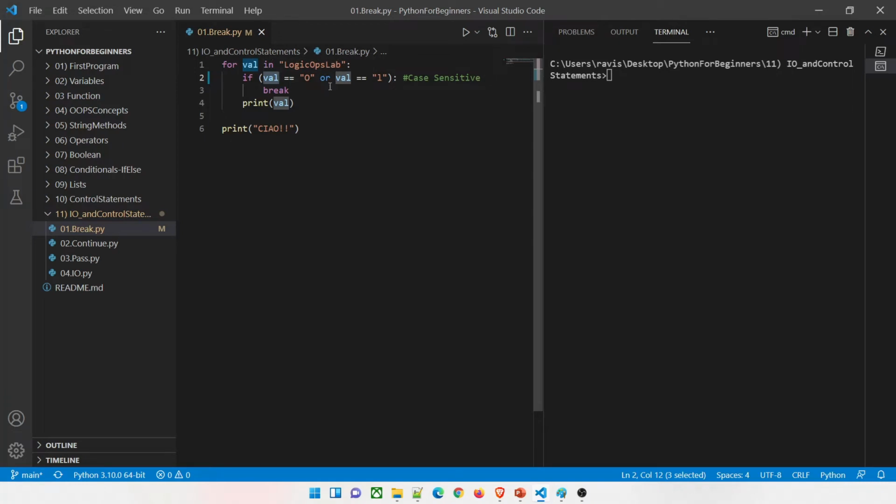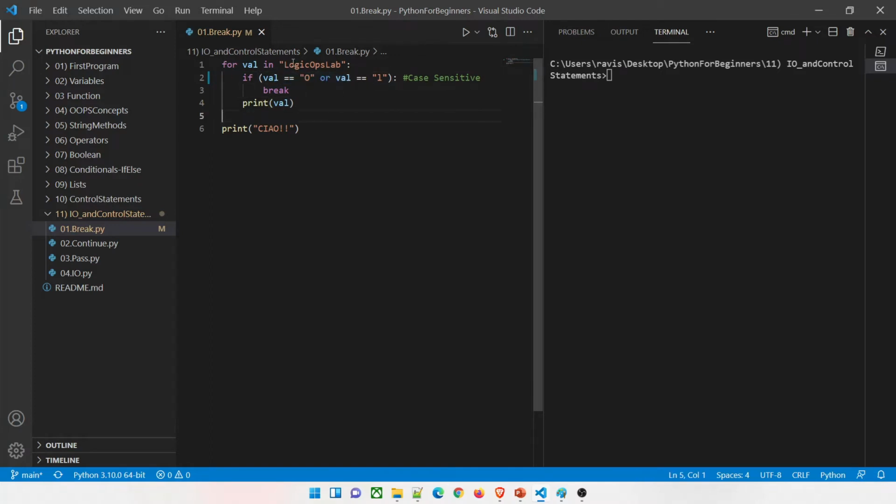It does not. Let us match another condition, because OR can return true if one of these conditions is true. So this has become false. Let's see if this has become false. Yes, because this is small l and this is capital L and it is case sensitive. So it will return false. So until and unless one of these conditions meets, it'll keep on running.